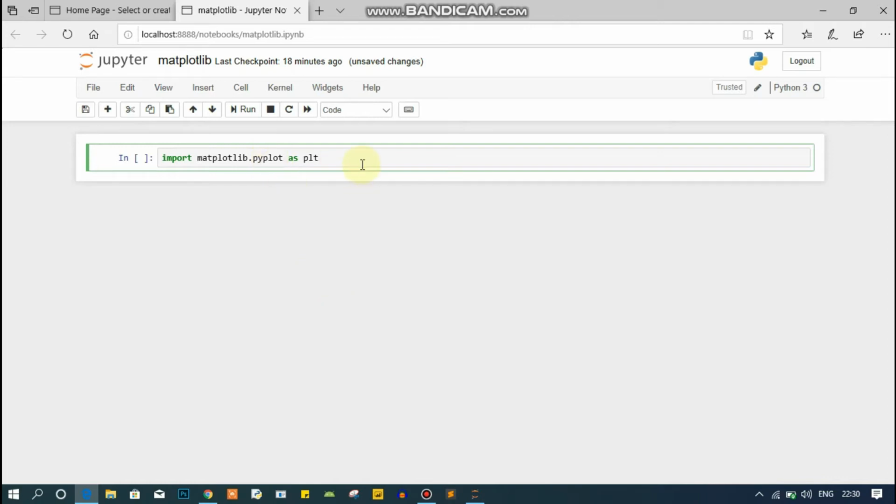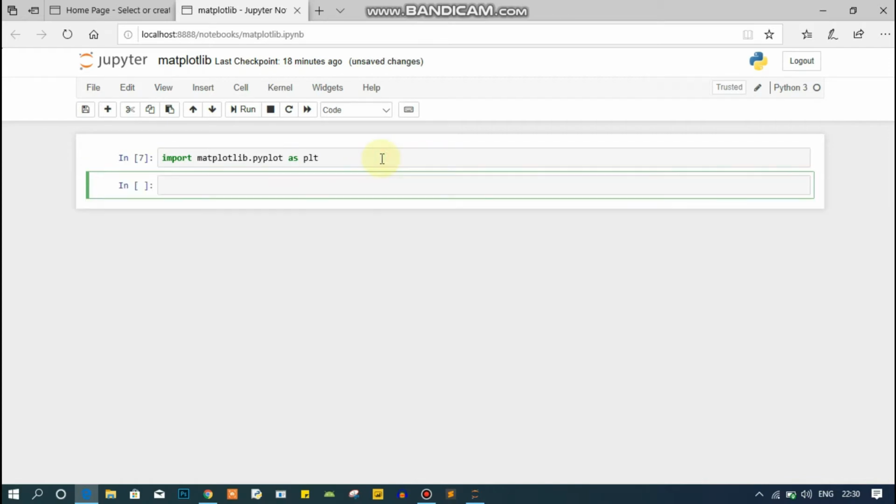This is the way of importing the Matplotlib library. Let me run this. So my Matplotlib library has been loaded.